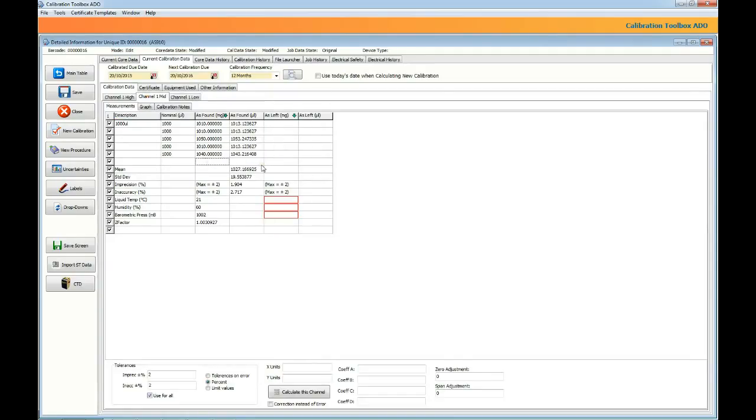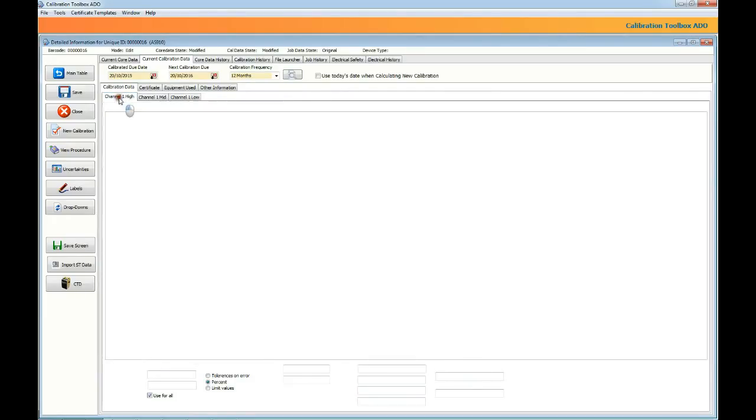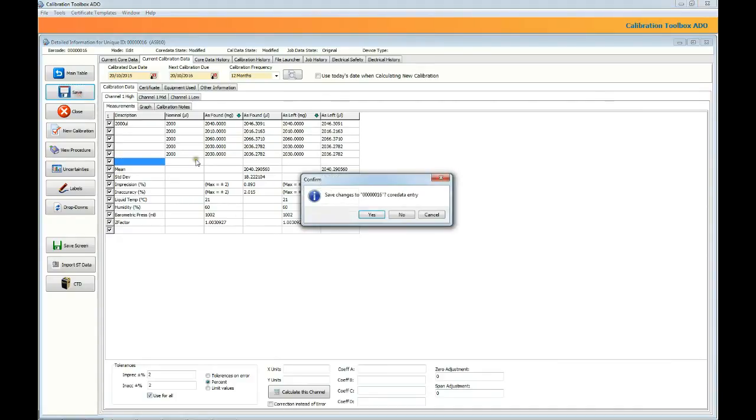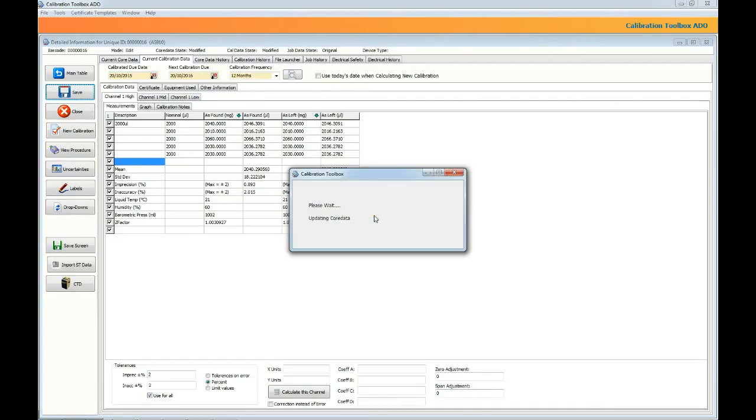We'll then go to the second channel and we'll move the as found into the as left, so Control I has done that job again. The third channel, Control I, will move the as found into the as lefts. So we'll save that calibration record,